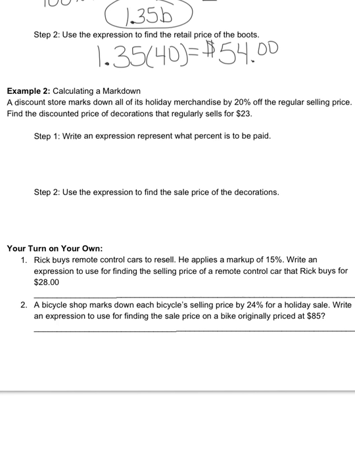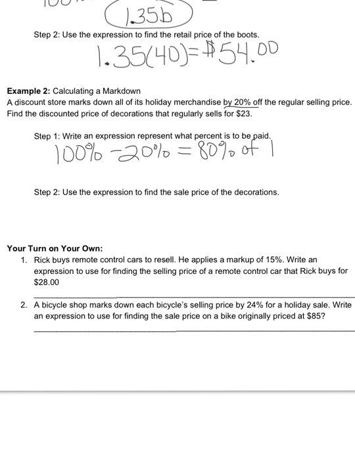And again, this is very practical. If you've ever thought of yourself as a bargain shopper, then you've probably been working with percents and doing this process all along, maybe just not knowing exactly what it looks like if you were to write it down on paper. So here we go. Our expression here: if it wasn't on sale, we would be paying 100%. But because they are marking it off 20%, we're going to take away that 20% that they're saying we don't have to pay. So the percent that we actually have to pay is 80%